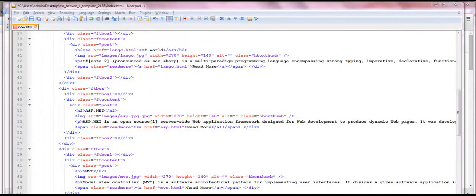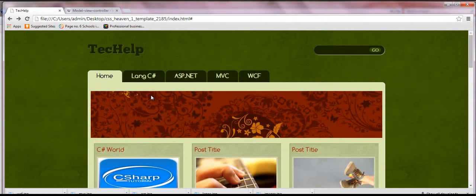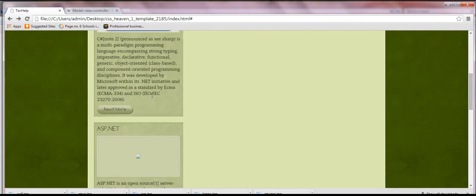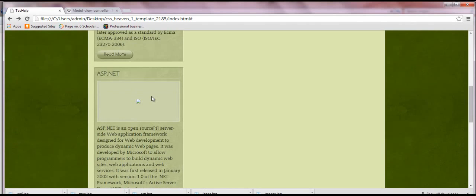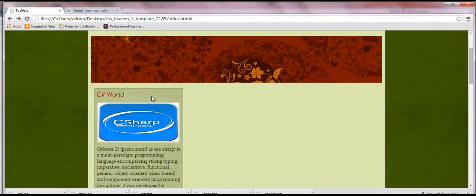Like the C# box, I would change the remaining boxes, that is the ASP box and WCF, and the corresponding images and links. Save it and refresh the web browser. Oh, it looks like there is an error. For this, we would like to modify the CSS file.